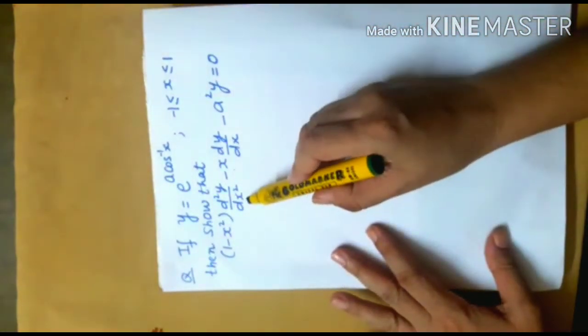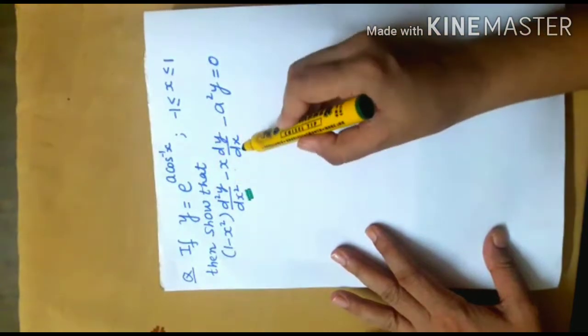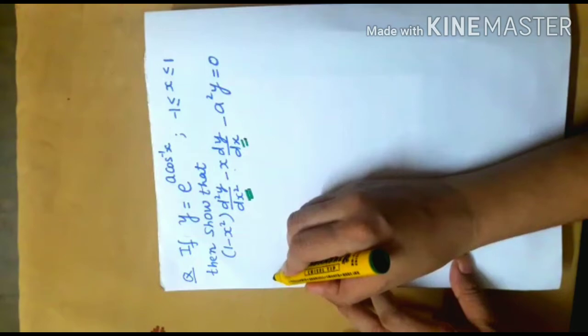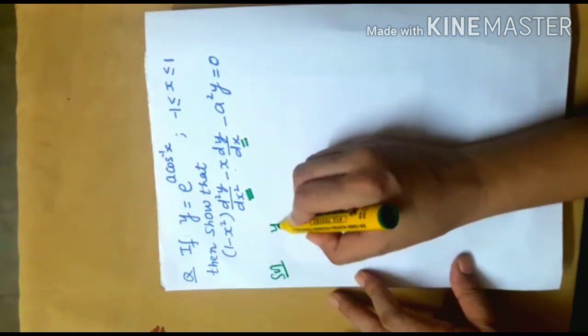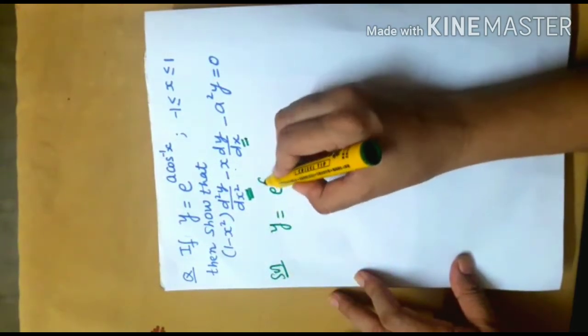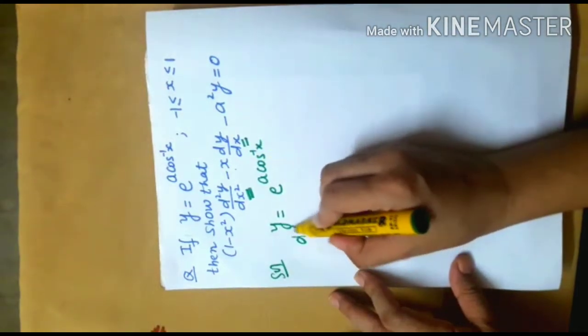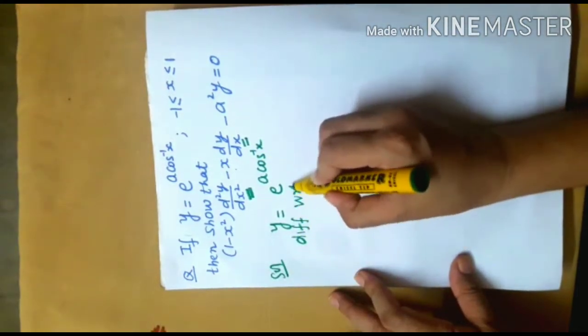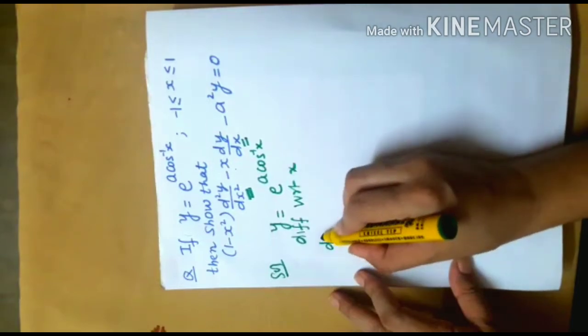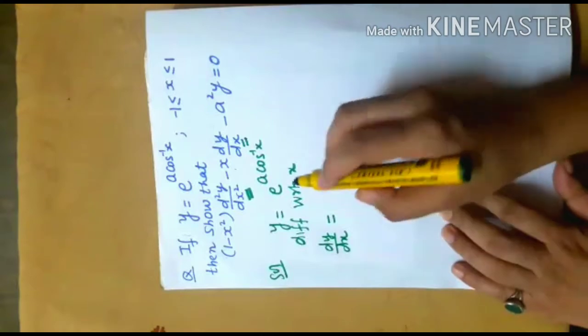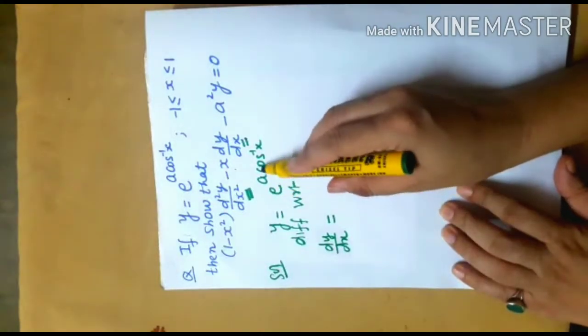Yes, as you can see, I want the second order derivative and the first order derivative, so I'll differentiate this. So y is equal to e raised to the power a cos inverse x. Differentiating with respect to x, I'll get dy by dx equals